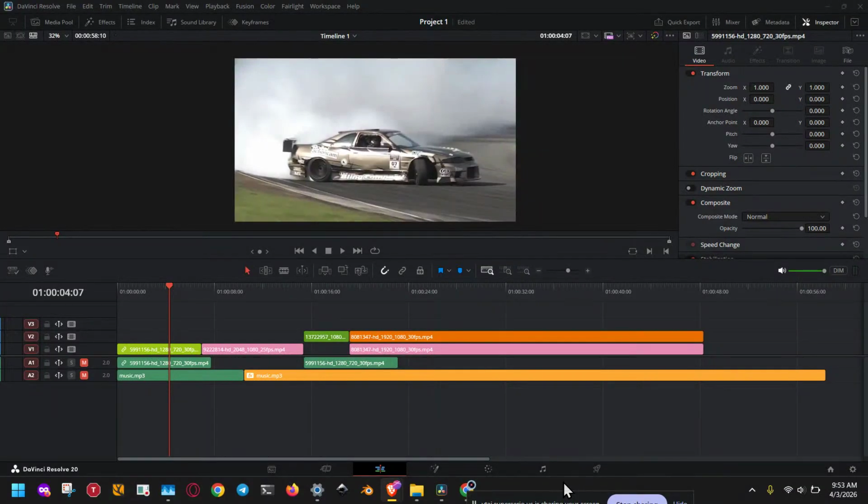If DaVinci Resolve is throwing an NVIDIA driver error, don't worry. In this video, I'm going to show you a simple step-by-step fix that can get your system working properly again. This problem is usually caused by an outdated or corrupted NVIDIA driver, or a CUDA mismatch between your driver and your version of Resolve. So the good news is, in many cases, you can fix it without reinstalling the whole